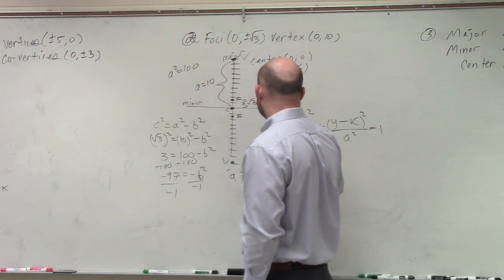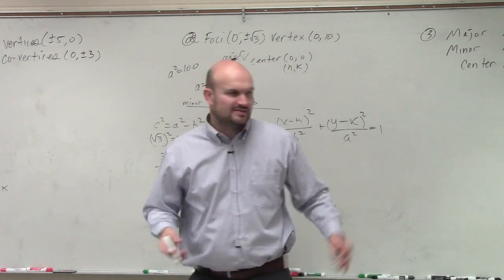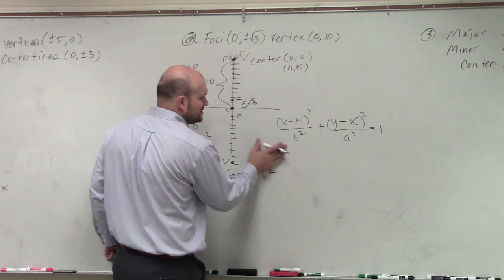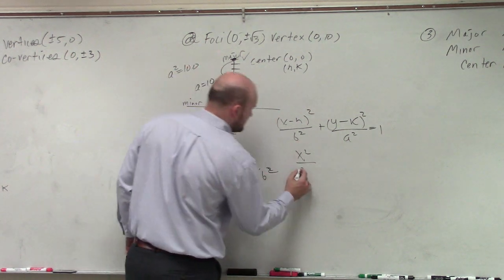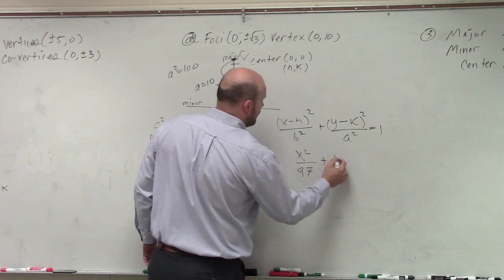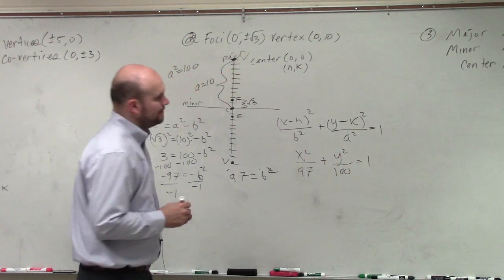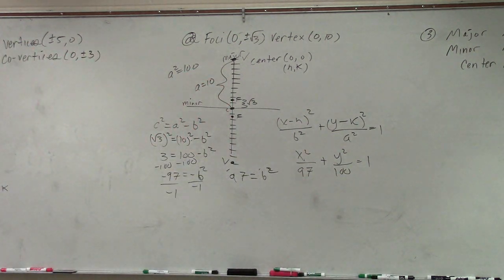So now we just type it in. You guys are OK if instead of saying x minus 0, I just say x squared? Is that OK? So therefore, I have x squared over b squared, which is 97, plus y squared over 100 equals 1. OK? Anybody want to